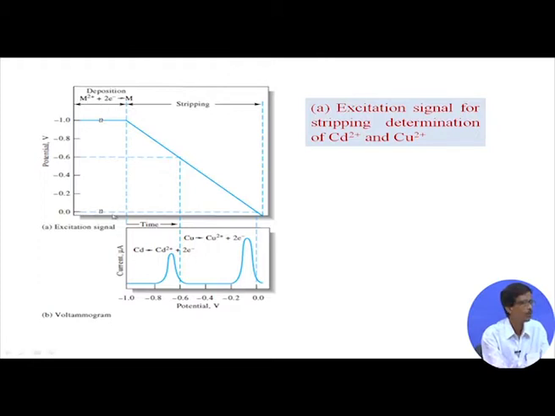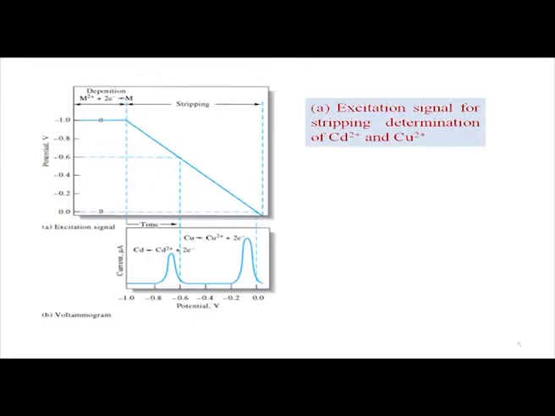The potential of your choice is such that at this particular potential of minus 1 volt, both species, cadmium as well as copper, can be reduced. The exhaustive electrolysis for that purpose means the entire amount of copper or cadmium will be deposited on the electrode surface when you apply a potential of minus 1.0 volt. So you have to give it some time, because as you switch on the potential to the electrode surface, it will not